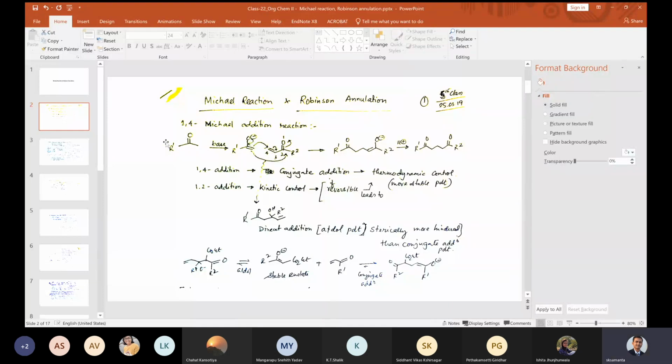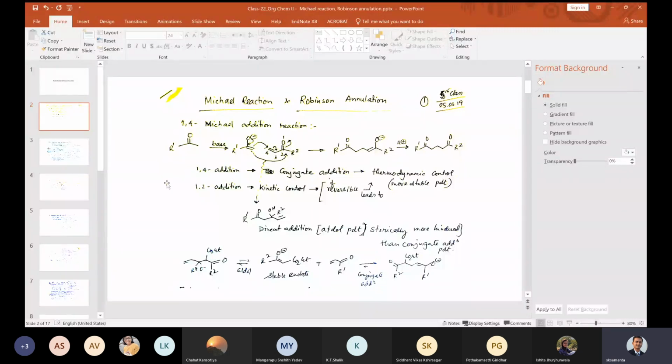This nucleophile can be generated after using a base, which forms here as an enolate. That's basically the nucleophile, and then you have an alpha beta unsaturated carbonyl compound. So the possibilities are addition of 1,2 to this carbonyl center and addition of 1,4 to this double bond center. If you remember, I told you before that this 2 center is your hard center, and this 4 center is your soft center.